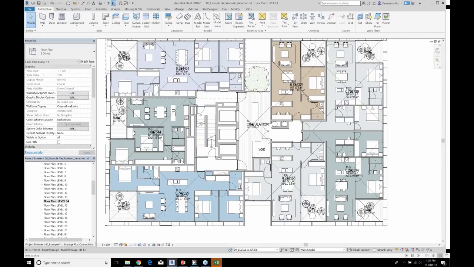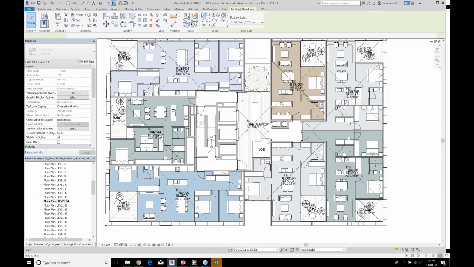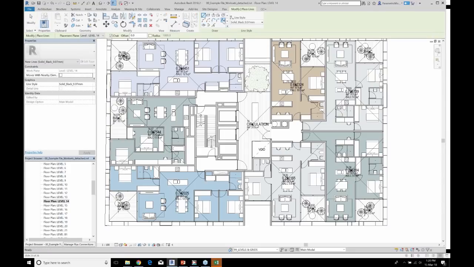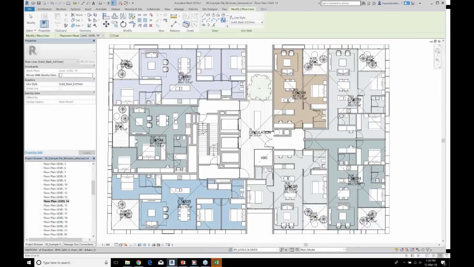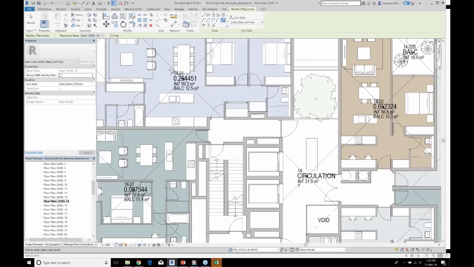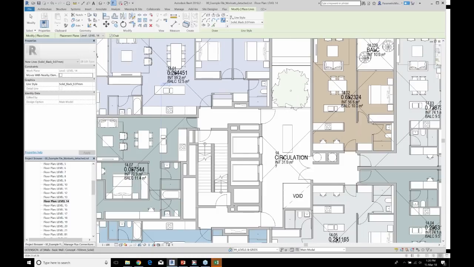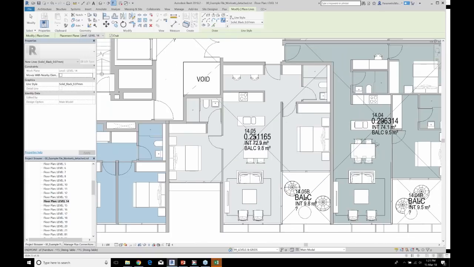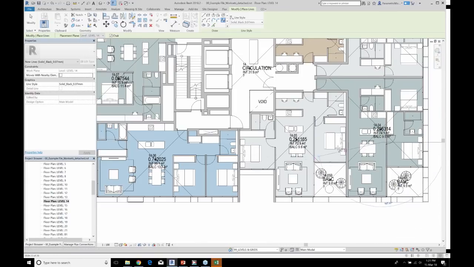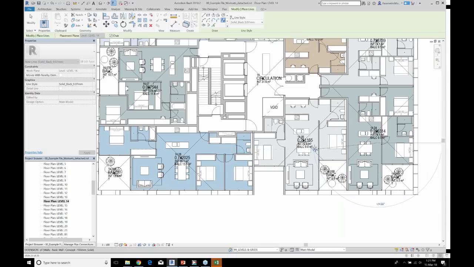So the way that this is set up is I'm going to use a model line and I'm going to draw a spline. And so I can see here that the numbering convention is running clockwise from the top left. So let's mix it up and go from the bottom right.